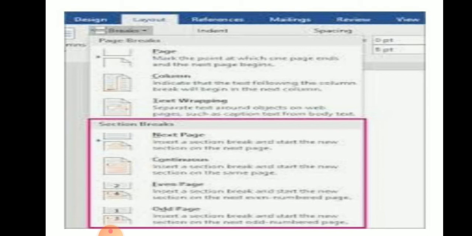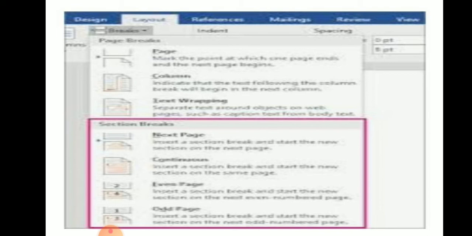Firstly we should place the cursor before the text where we want to insert the column break, and next we click the break button on the page layout tab and select the column option from the drop down menu. And also we will observe the text where we want it to be placed. The cursor will shift to the next column.